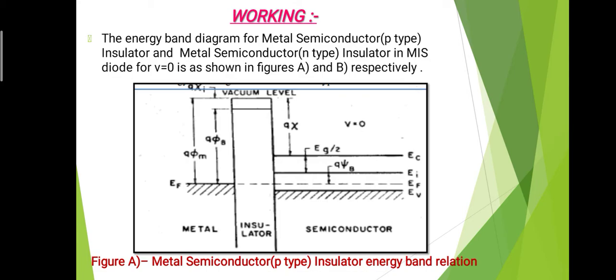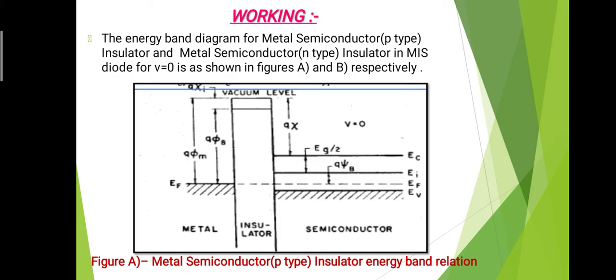So this is the 3-layer device. In between the metal and semiconductor there is an insulator, and the thickness of this insulator is D, and the applied voltage is V. All this situation happens when there is an external voltage. We considered external voltage before, but here we take V equal to 0, that is, there is no external voltage, we just keep the metal, insulator and semiconductor in contact with each other.